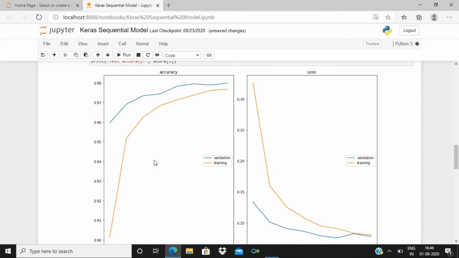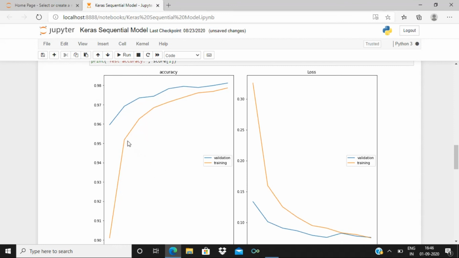The orange line is for the validation data and the blue line is for the training data. We see that the error considerably reduces for the training data as well as the validation data as the number of epochs increases.